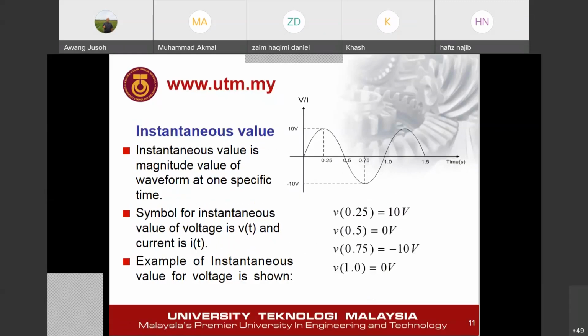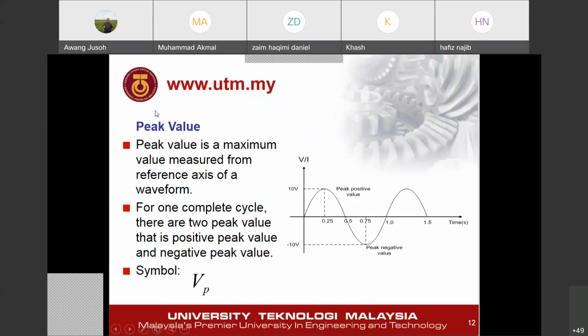Okay, peak value, or maximum value. Sometimes we call it maximum value or peak value. The maximum value for the first half cycle, here you have the peak value which is plus 10 volts, and the maximum value for the second half cycle which is negative 10 volts. That is what we mean by peak. Peak means maximum value. So it depends on the waveform; based on the waveform, you can find the peak value during the positive cycle and during the negative cycle. The symbol is capital VP. Right. Okay, hopefully we know about this already.